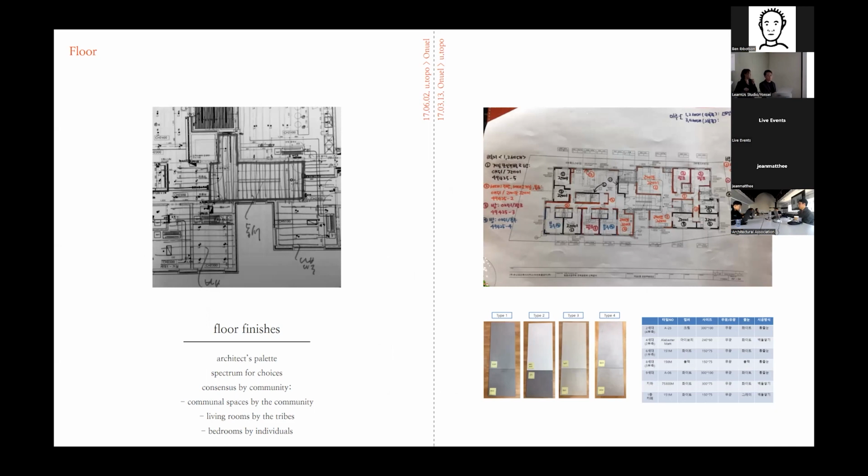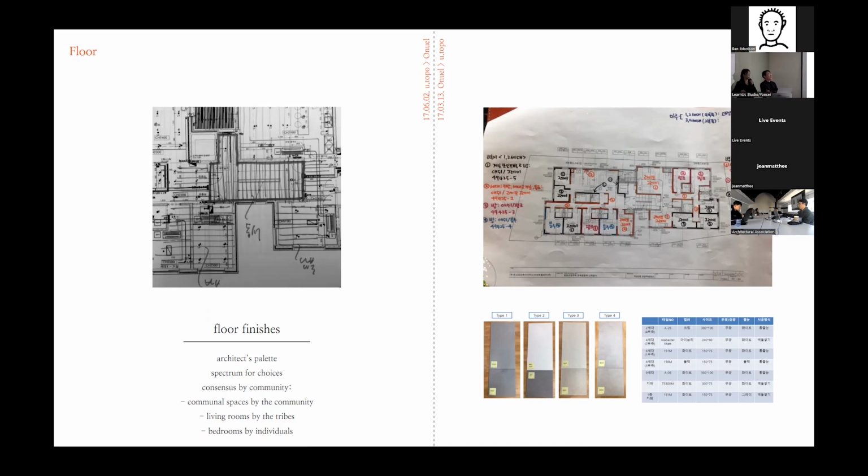Because the finishes for flooring, for example, is the interface for the tribes. And as each tribe has got their own unique characters, they also wanted to have their walls or floors from